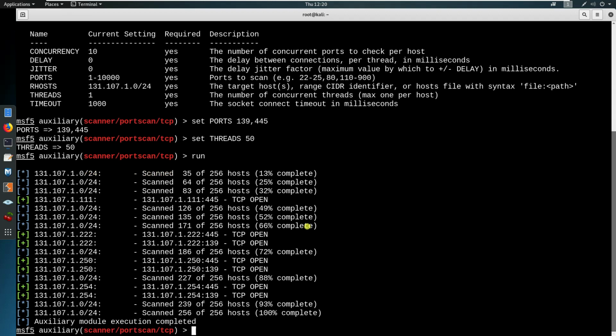All right, done. So we got this open, open, open, and there are other opens. Now we are done with the port scan. The main objective of this TCP port scanner is to find any hosts within the range, which is 131.107.1.0/24. Once we found the target, for example this one,